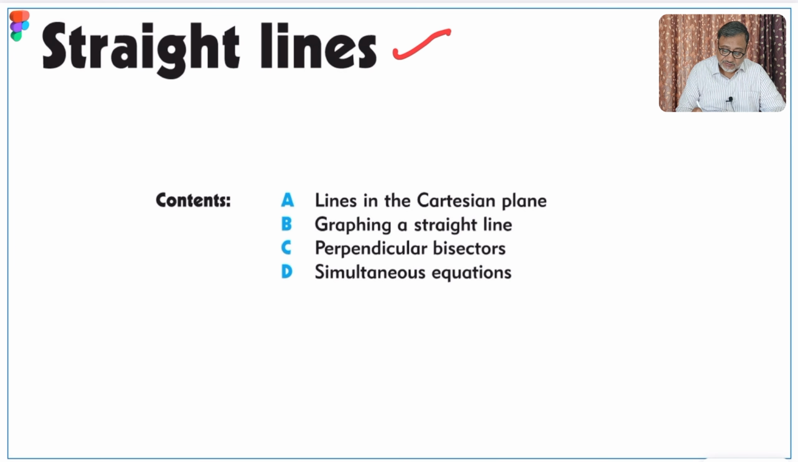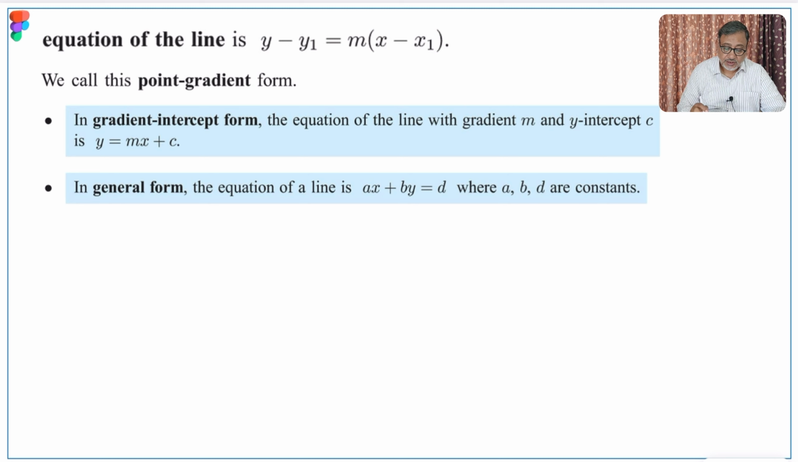So this is from your book. In this chapter there is line and Cartesian plane, graphing a straight line, perpendicular bisectors, simultaneous equations, right? Equation of a line: y minus y1 is equal to m into x minus x1. So if you have 2 points on a line, point A is x1, y1, point B is x2, y2,